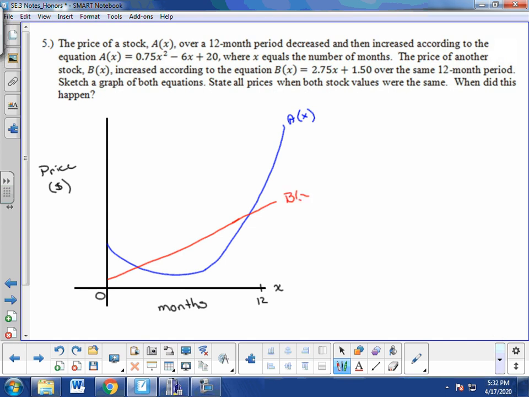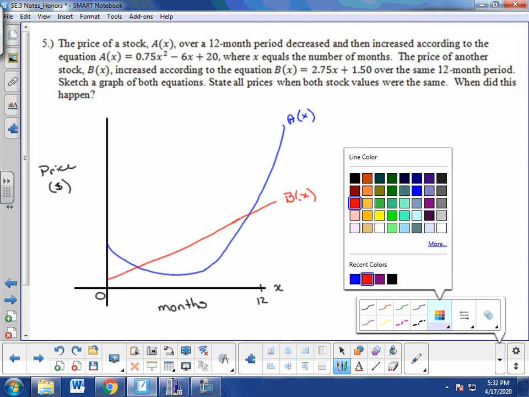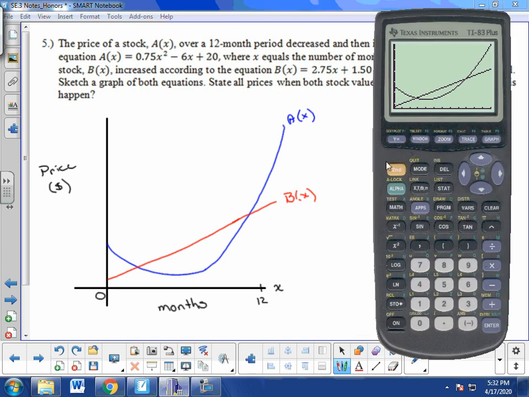In order to find the prices when both stock values were the same, we want to find the intersection points. So let's find those intersection points here. Second trace intersect. I'm going to move over here to the one on the left first. So go ahead and just move that over to the left, hit enter, hit enter, hit enter,